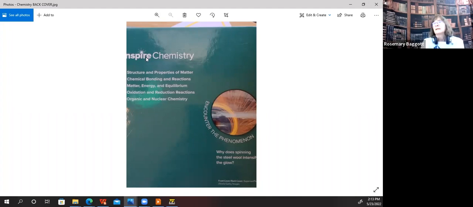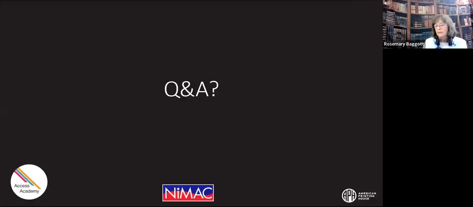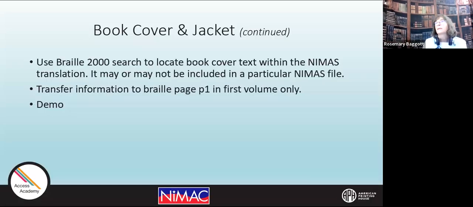I did include this list here, Inspired Chemistry, and the list of, well, I think I cut off part of the cover when I was taking a picture, but this material will be included. And this Encounter the Phenomenon is a feature that runs throughout the book, but this particular material was not in the front. So that's pretty much everything on there. But this slide is very helpful with that.